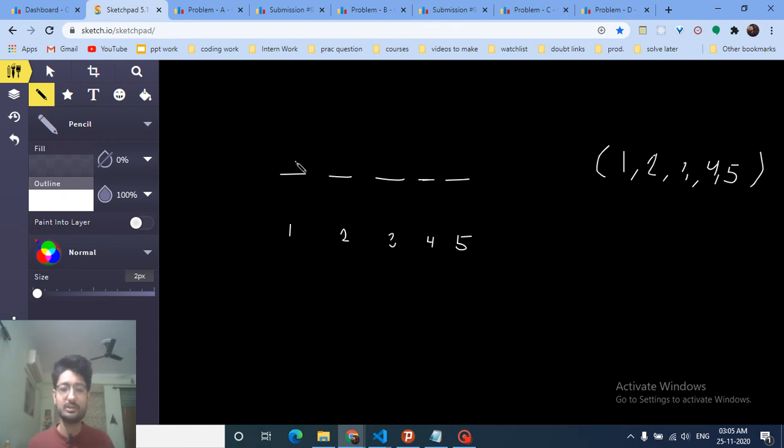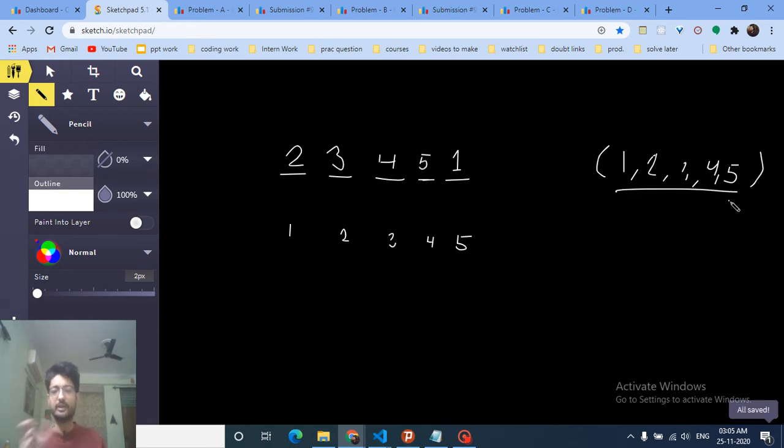So it's better to just place the number like this, 2, 3, like just place the number which is the index next after it, 4, 5, and then because after 5 you can place 1. So it's just like a right shift of all the numbers. So if you have these numbers, just right shift or rotate these numbers by one position, and then that's the answer. So what you can simply do, you can just rotate it out,